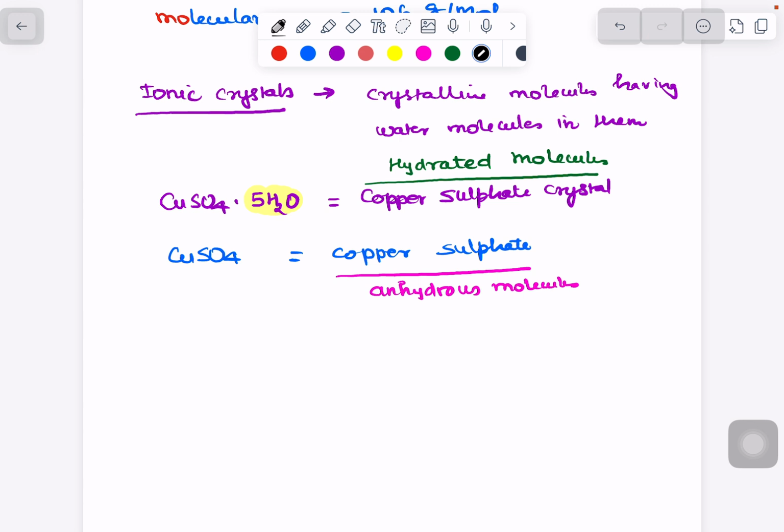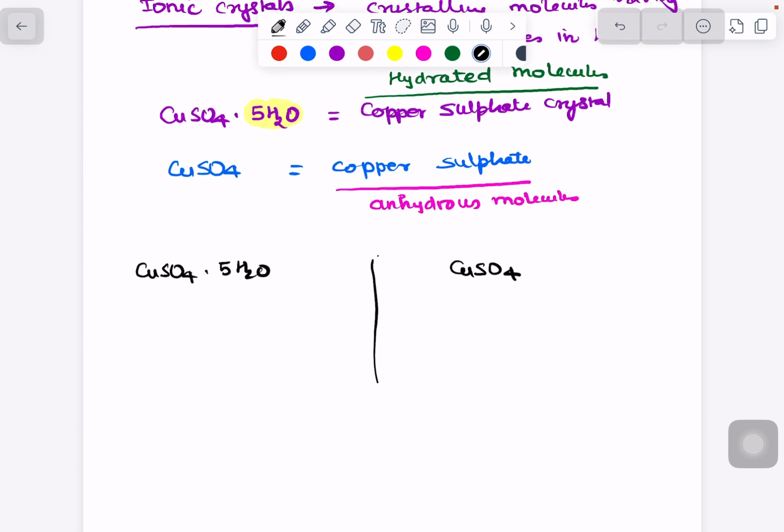So we do copper sulfate like here, CuSO4.5H2O, and on another side CuSO4. We apply the working definition, and as per the working definition, number one, we are going to write the atomic mass, Ar copper plus Ar sulfur plus Ar oxygen,